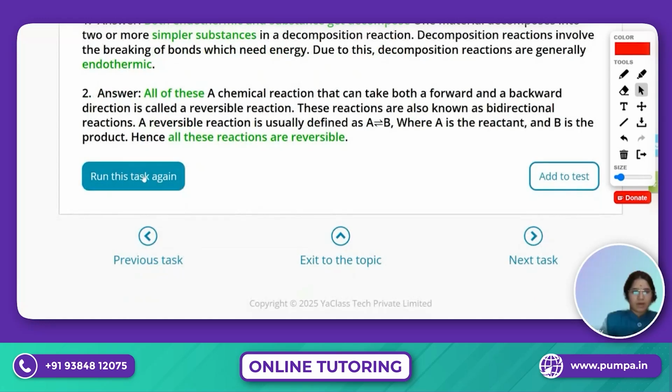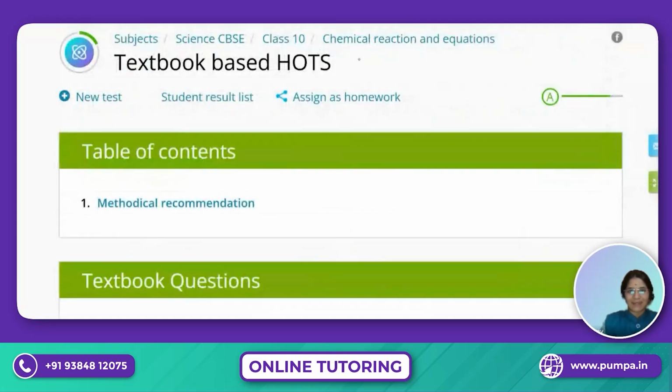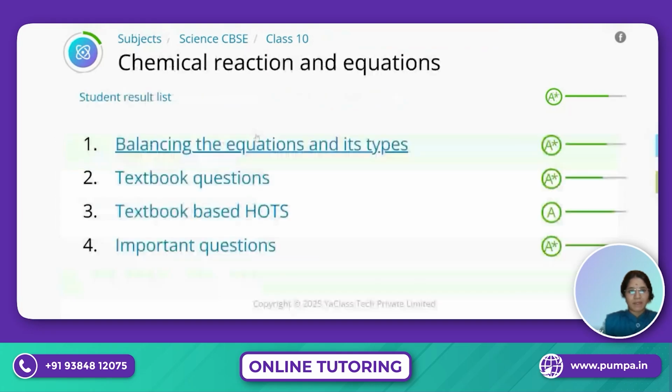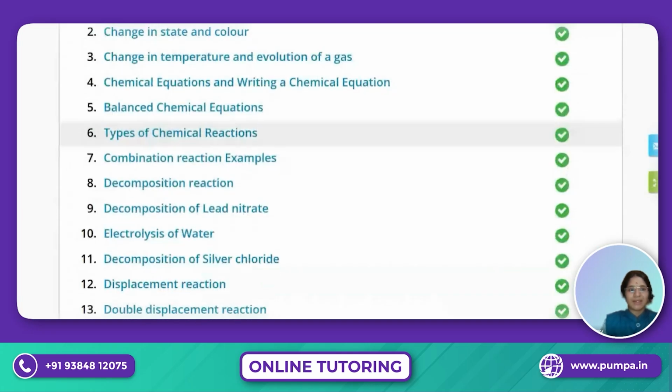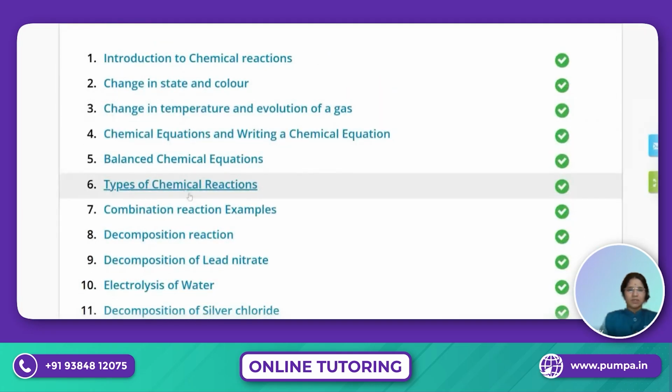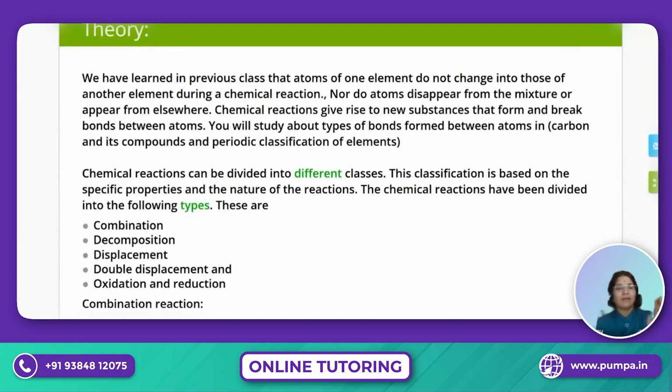So now we are going to move into the topics. It's already 7:20, we have to move to the topics. We are going to look into the types of chemical reactions. So why do we need a chemical reaction? We know whenever a chemical reaction is happening, the atoms are neither disappearing nor